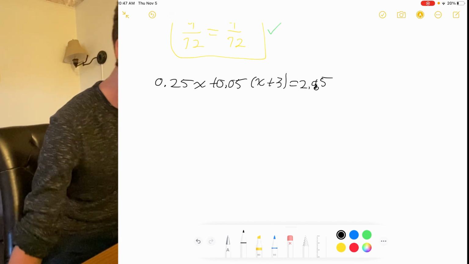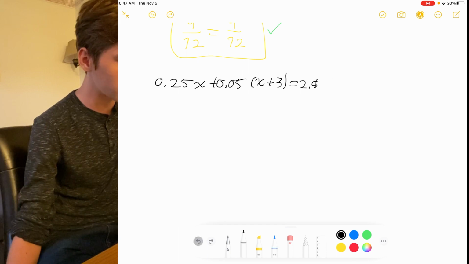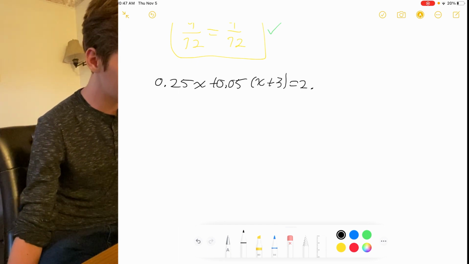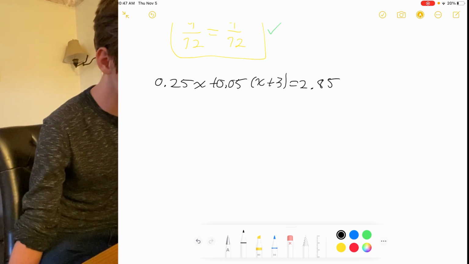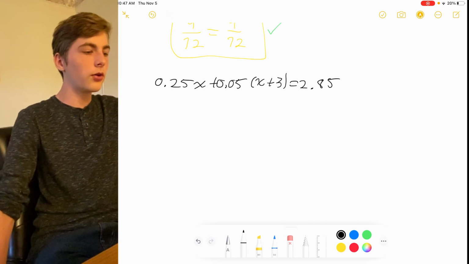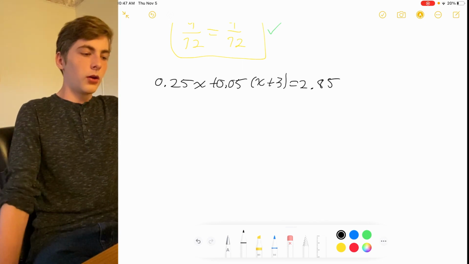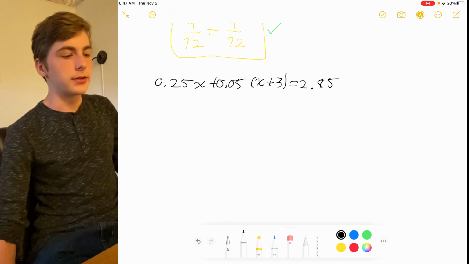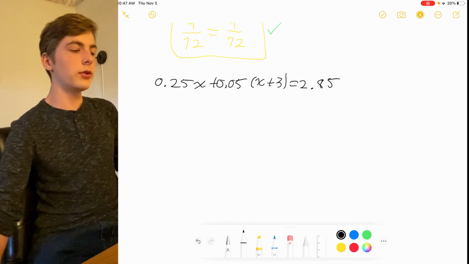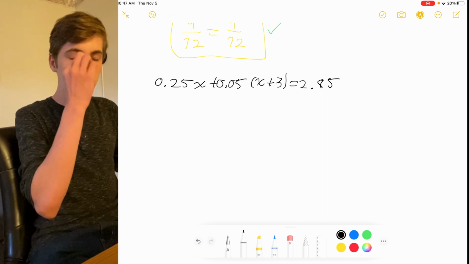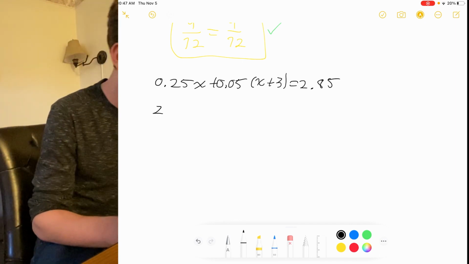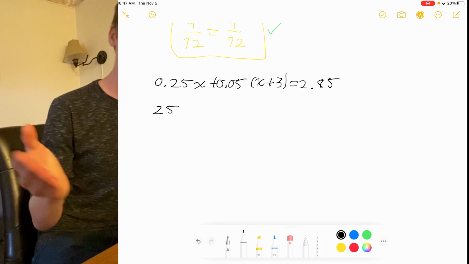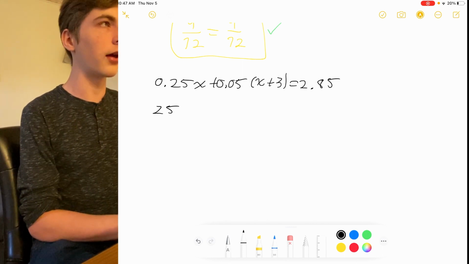Let me write that better. You've got lots of decimals and stuff. It overall looks pretty intimidating. The trick with this, you just turn these decimals into fractions. So the 0.25x, right, that's what that is, that's 25 out of 100, right? And we covered converting decimals to fractions in